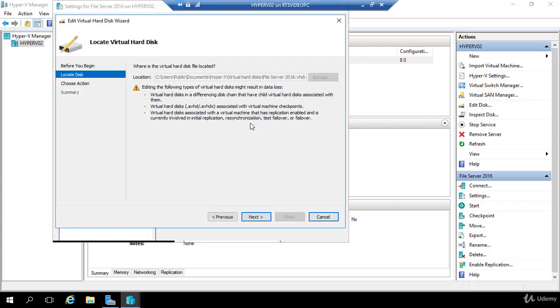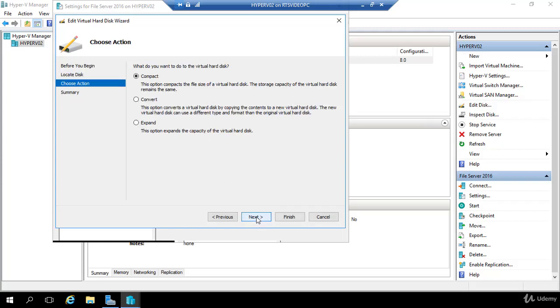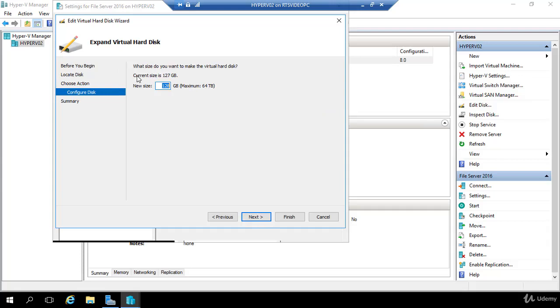When I click edit, it brings up the edit virtual hard disk wizard. On this first screen, I'm just going to click next. I have three options now. To start at the bottom, I can expand this virtual hard drive. My virtual hard drive right now is 127 gigabytes. That is the default size when you create a new virtual machine. So if I click next, it tells me the current size is at 127 gigabytes, and I can extend this up to 64 terabytes since